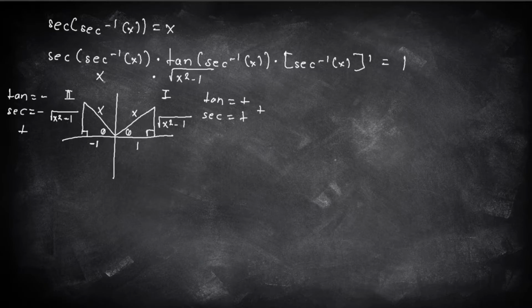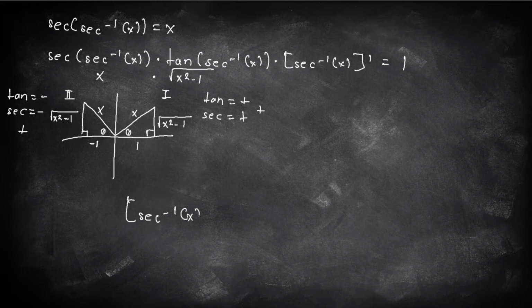And we immediately see from here the x times square root of x squared minus 1 is positive or negative depending on what x is, because the square root is always going to be positive. So if x is negative, it's going to make this entire thing negative, which is something we don't want. So that means we had to add an absolute value here. And that's why the functions for secant and cosecant are going to be weird, as I'm going to show later on. So that means the inverse secant